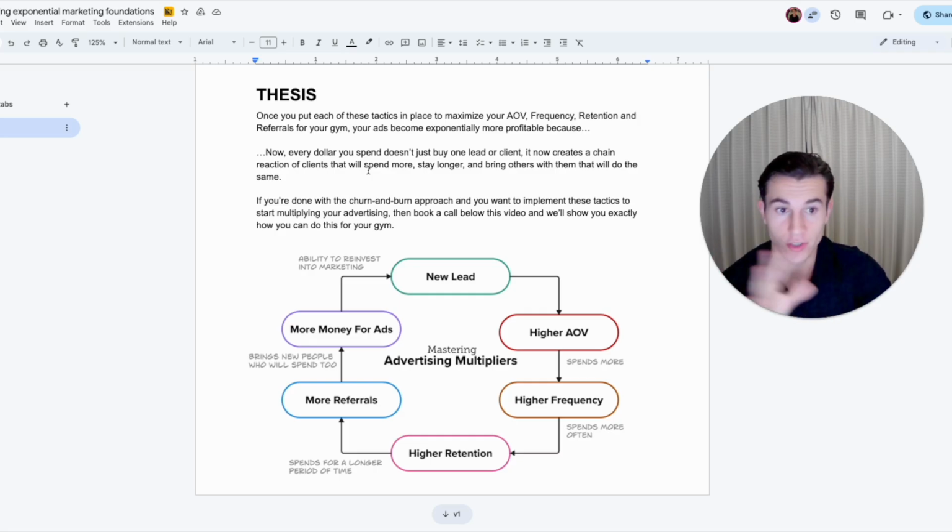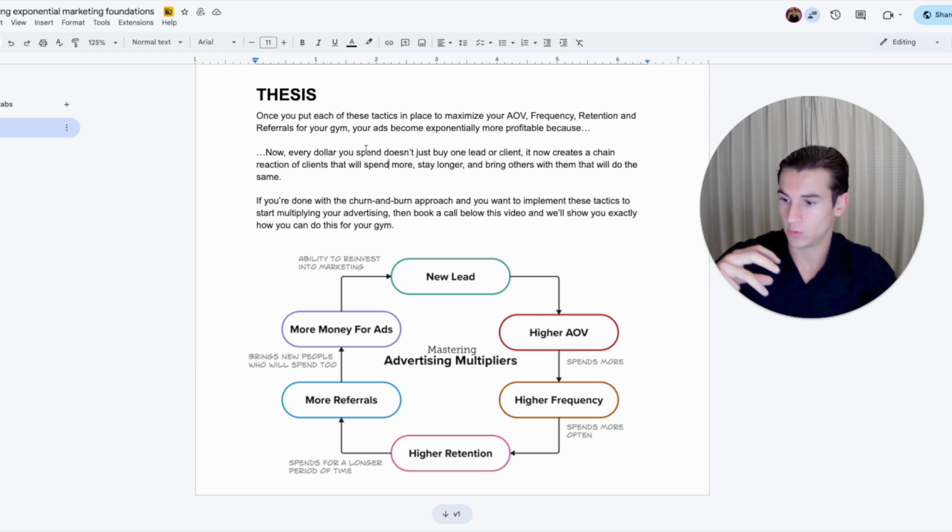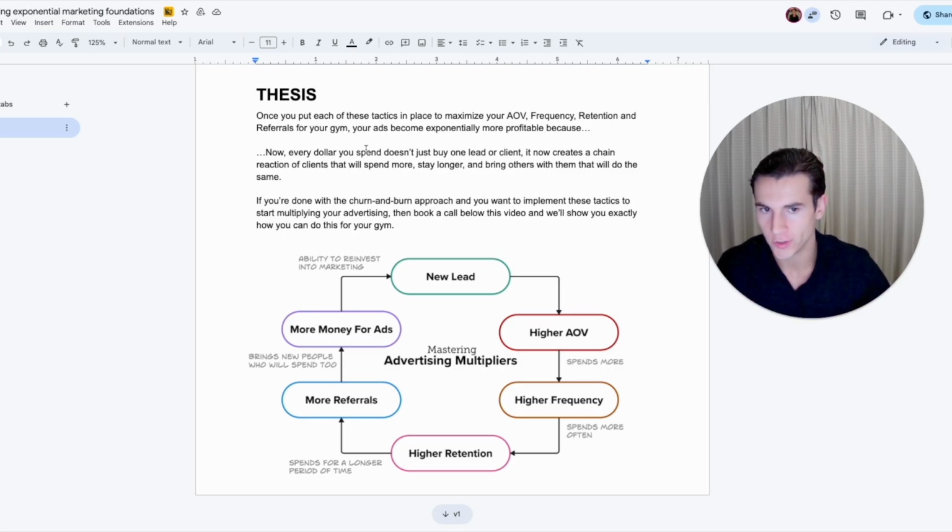And just before I finish up, a lot of gym owners, and a lot of businesses in general, are focused on: I get a lead, I close the lead. And that's the sales cycle. But it goes a lot deeper than that, because there's a sales cycle after you get a client, if they buy, and there's a sales cycle if you don't get a client, because you can reactivate them with email, with SMS, with whatever. And once a client buys, you can extract more value, you can upsell, you can get referrals. So it's constantly branching out. To think that getting a lead and closing a lead is the entirety of the cycle, you're kind of shooting yourself in the foot.